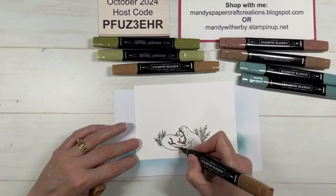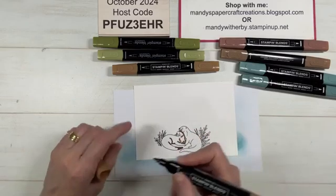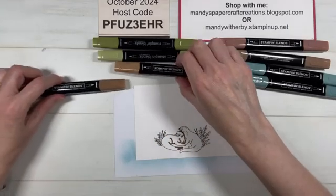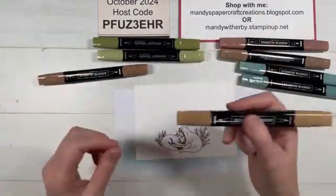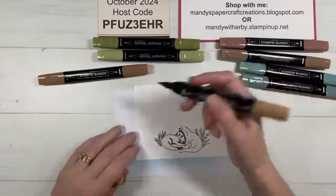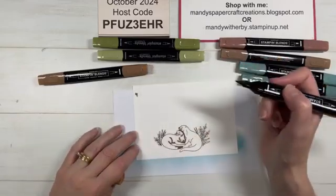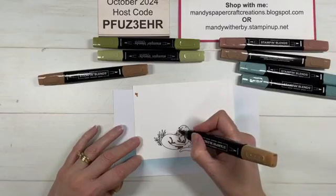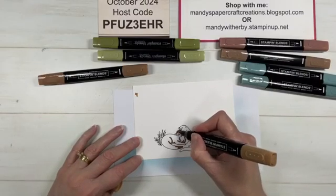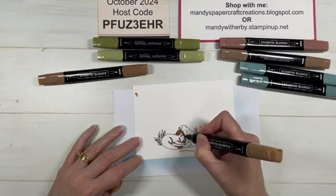But it's wherever you feel that there might be a little bit of shadowing. So we lay down a little bit of dark colour first. While that is still wet, we're going to take in the light colour. I might just test it a little bit up here first. Yep. And then we're just going to go around the edge of that dark colour and then bring that in to blend